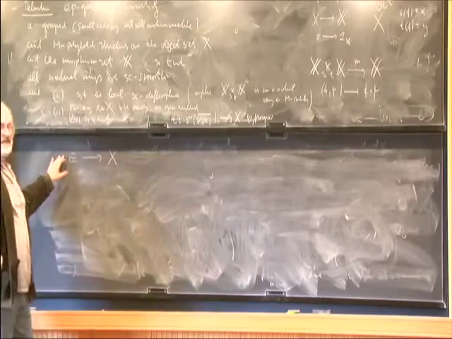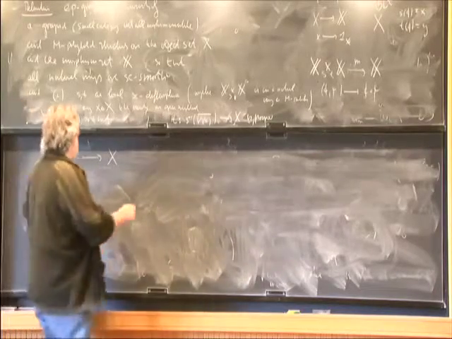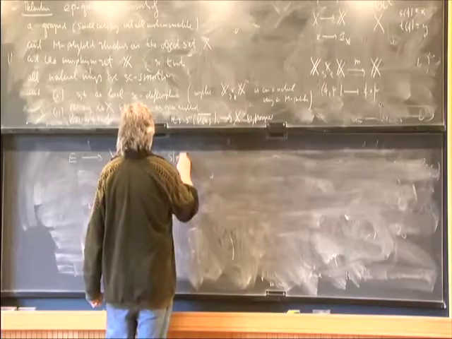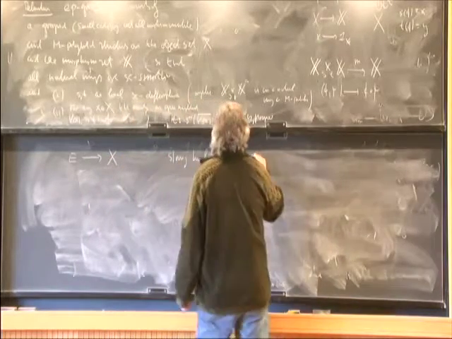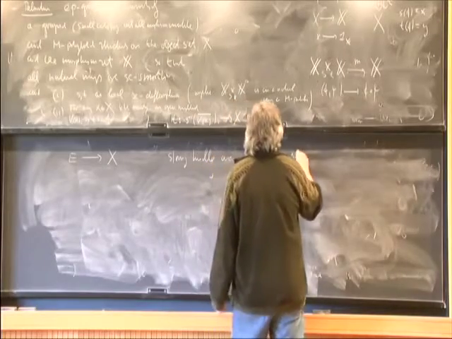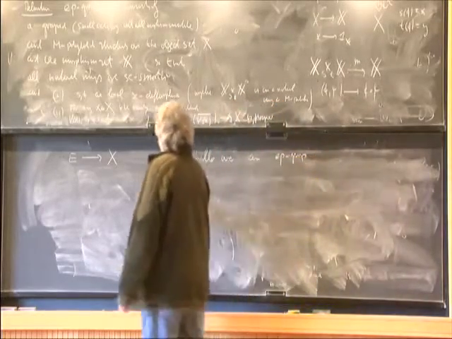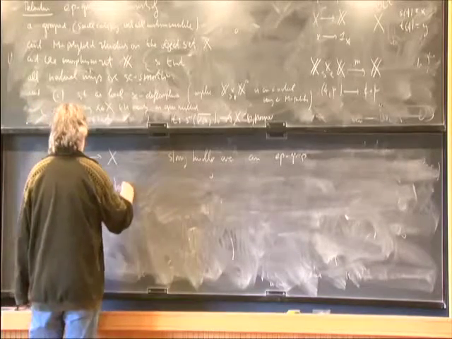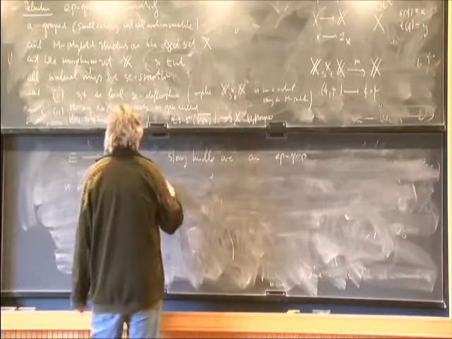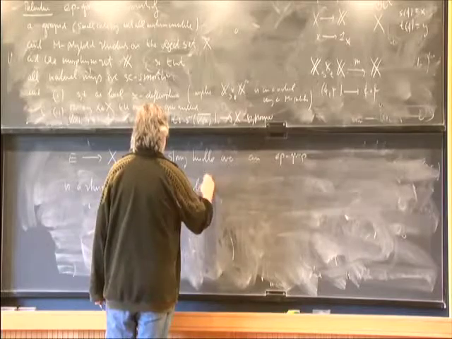It should be a vector bundle. It should be a strong bundle. So a strong bundle over an EP groupoid is of course a strong bundle with a lift